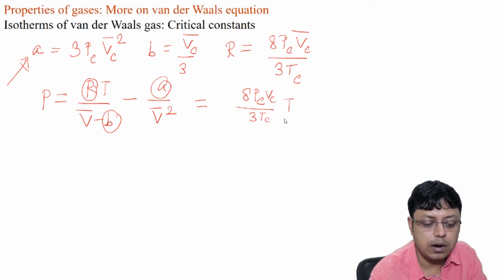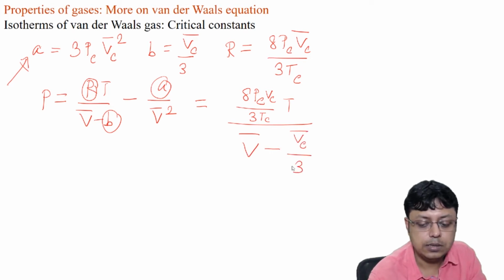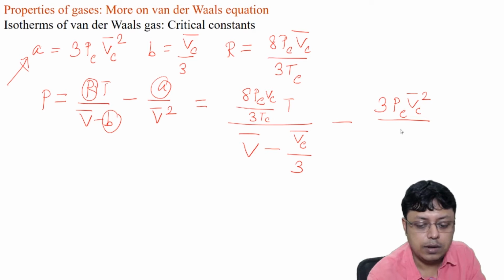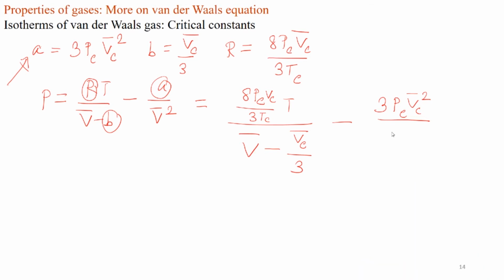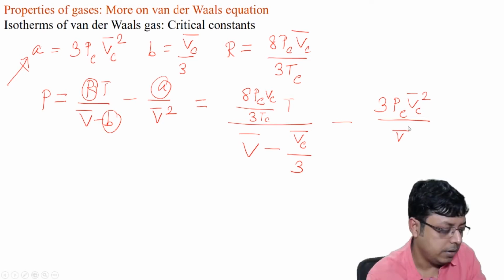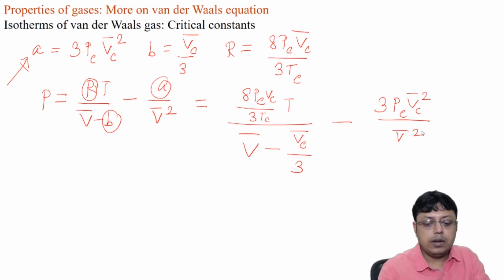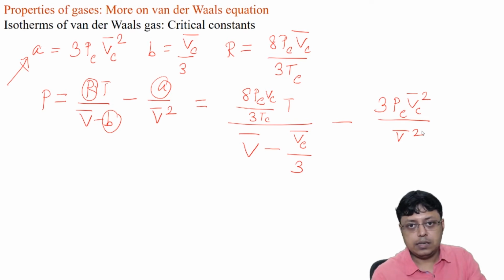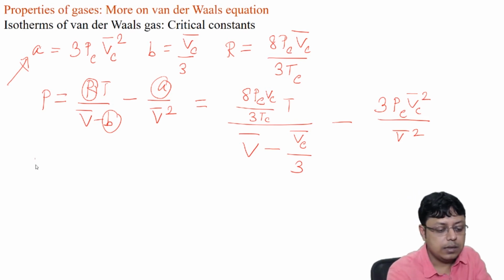This is the expression for R: RT divided by V minus B. The expression for B is Vc by 3, and then A by V square. The expression for A is 3 Pc Vc square divided by B bar square. Now we can rearrange this nicely to get